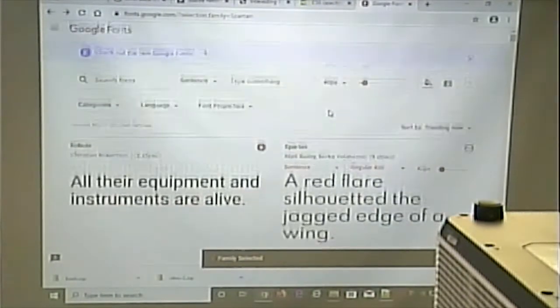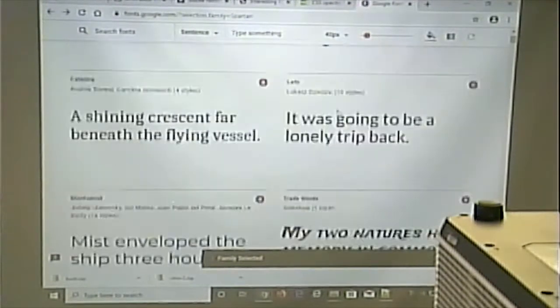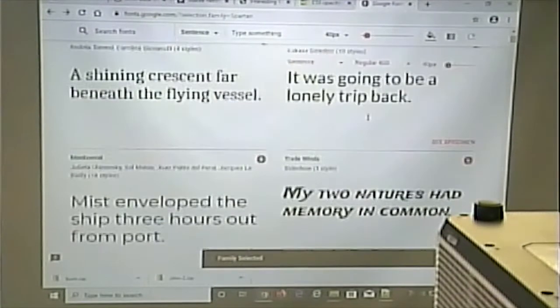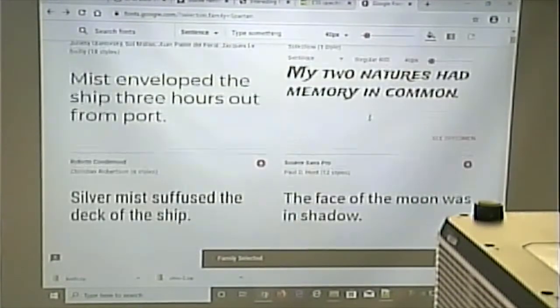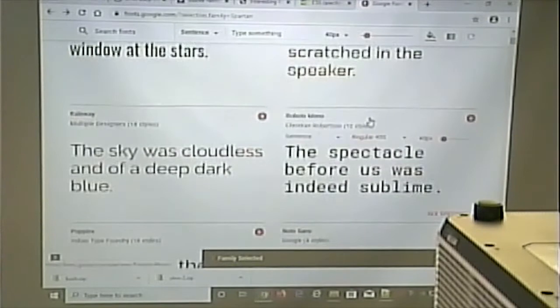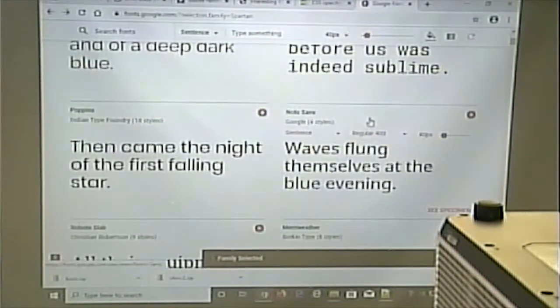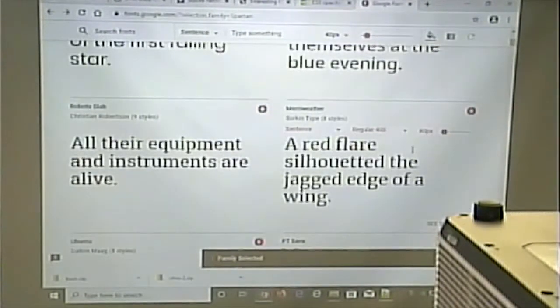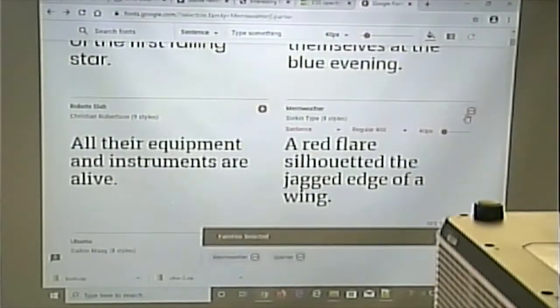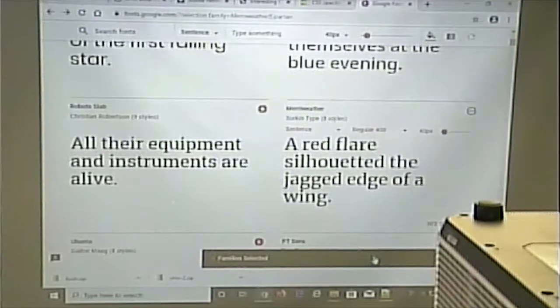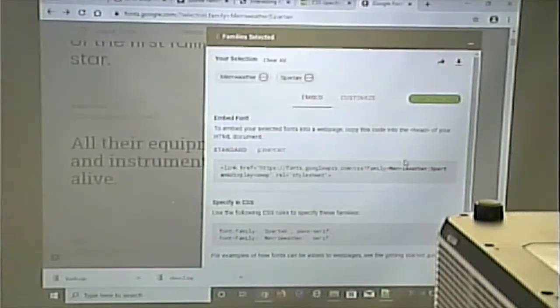So let's pick Spartan, and let's pick... I'm going to pick a serif font. Let's pick Merriweather. All right. So now what that tells me is what I need to do to put these fonts downloaded on